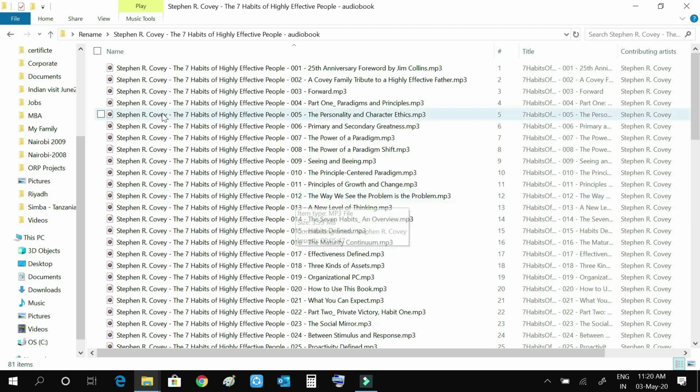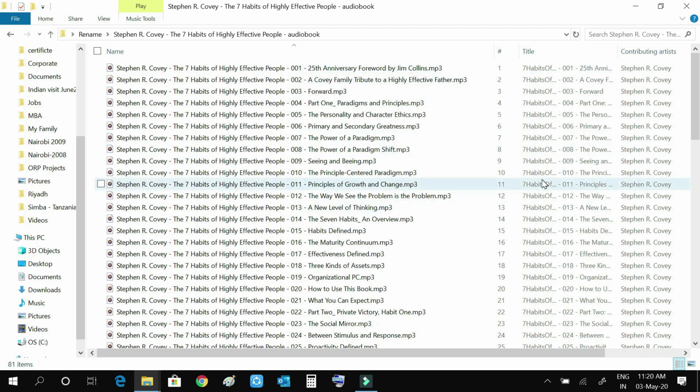Whenever I open the mobile it normally shows us the first few digits, like it was showing Stephen R. Covey 7 habits something, but it was not reaching here. So I was looking for a software or a method where I could get rid of these many letters or digits until here, and then if possible shorten the length of this file name.